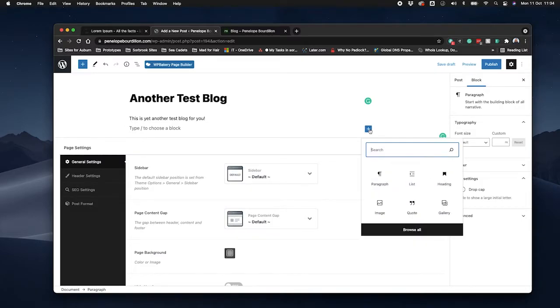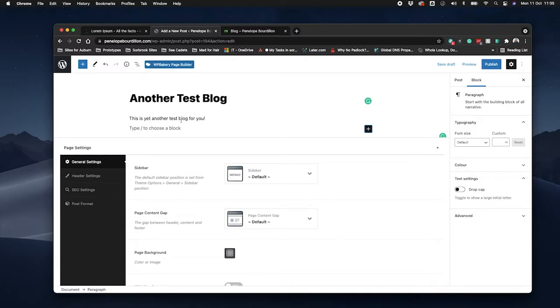So let's add block, and it will give us 6 of the most popular blocks that you can add. Paragraph, which means you can then edit that paragraph to how you want it to look. So say if we wanted to, if I click out of here, I'll go to this one here,